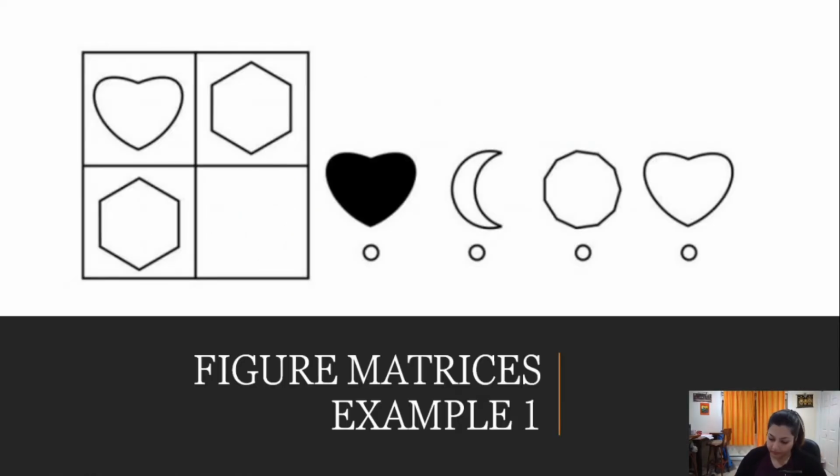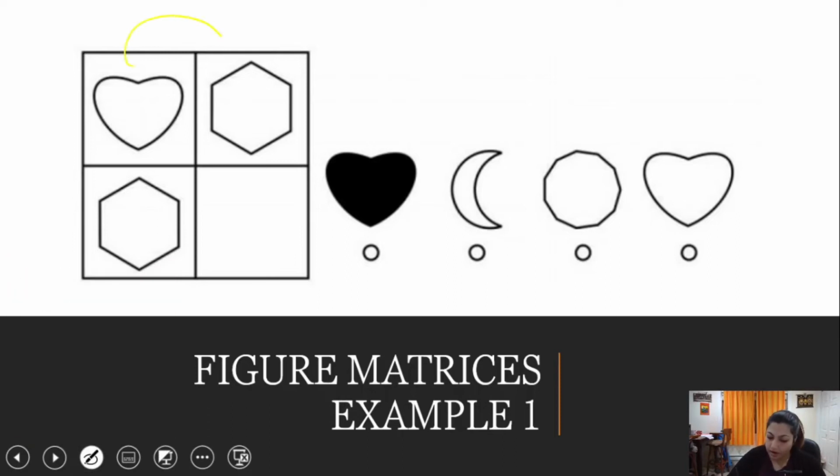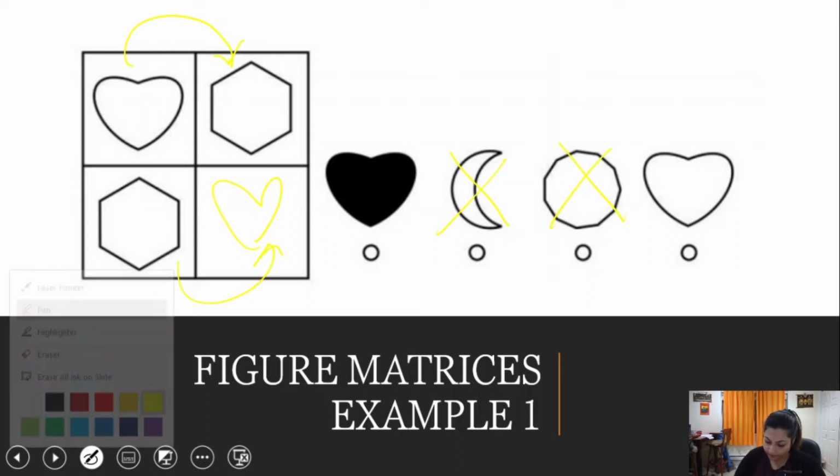Next, we have figure matrices. The example will be heart is becoming a hexagon. So obviously, we will have a heart in the reverse. So that eliminates these two options in our first filter. For the next filter,